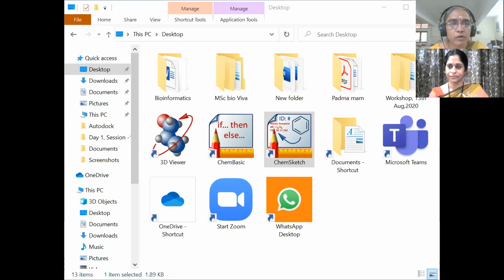Now I would like to tell you about this ACD Chemsketch. What are the features available over here? These are very interesting features which are available with this ACD Chemsketch. I will just tell you what all these things are, and then I will draw some structures and tell you the features. Now you can see on the top, which is called ACD Chemsketch freeware. So this is going to be the title bar. Then below that you have file, edit, pages, tools, templates, options, documents, so many features, which is going to be called as the